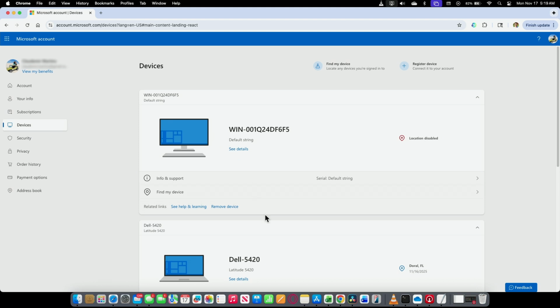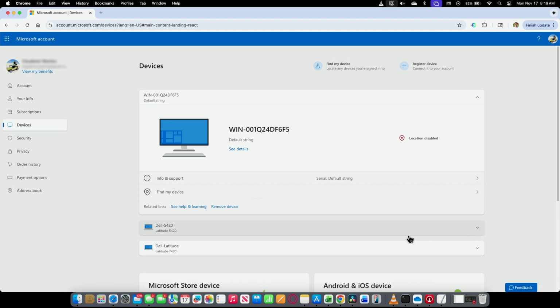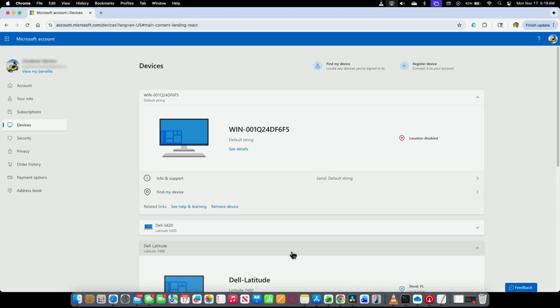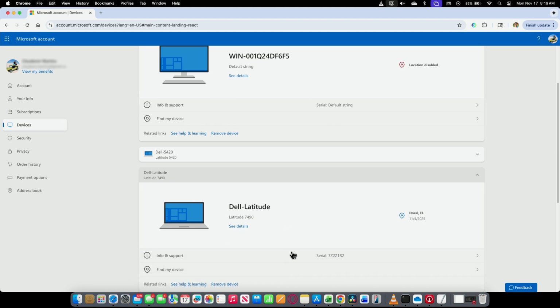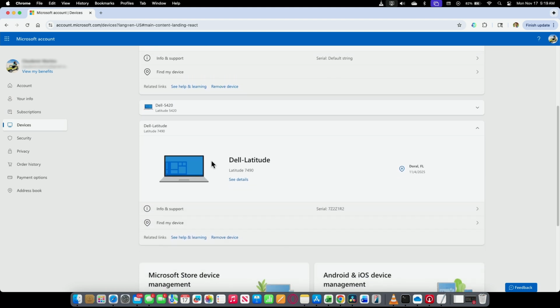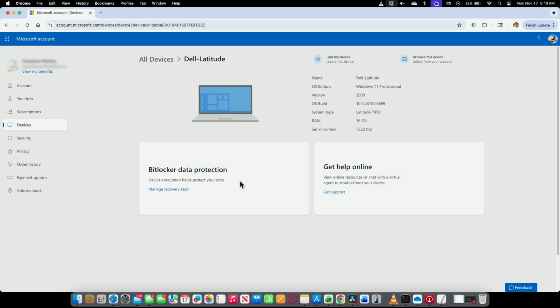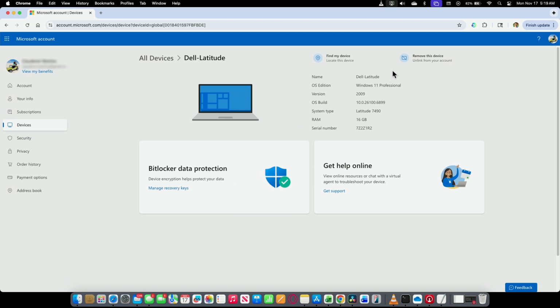I have the first one, a second one here, is not the one that I'm looking for. So I see the third one just right here, a Dell Latitude 7490, okay? So I open this up, and from here I see my laptop. Then I click see details, and from here I see how to delete this device, just here on the top,